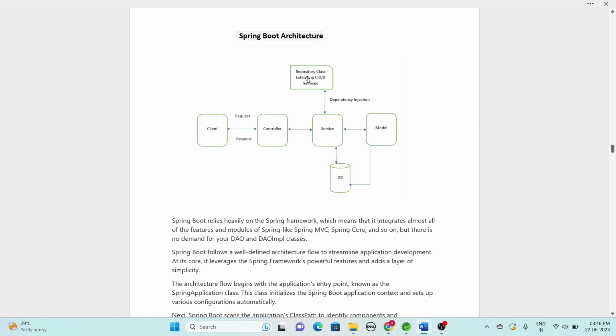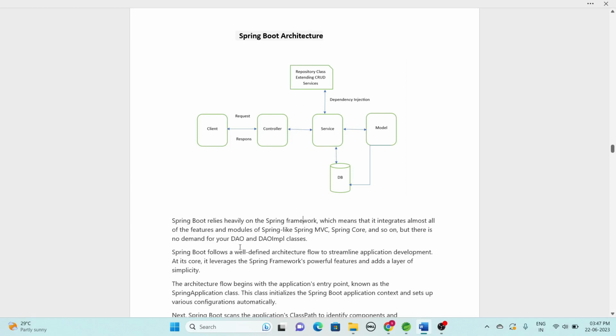How? Spring's repository classes extend a CRUD repository, so it is injected into the service itself in the Spring Boot architecture. So it is completely the same structure as the Spring MVC architecture, except